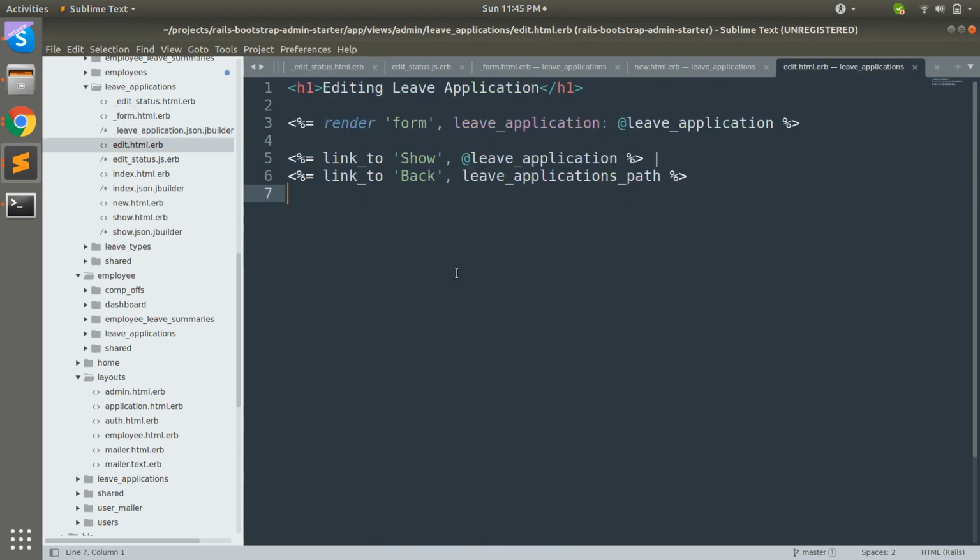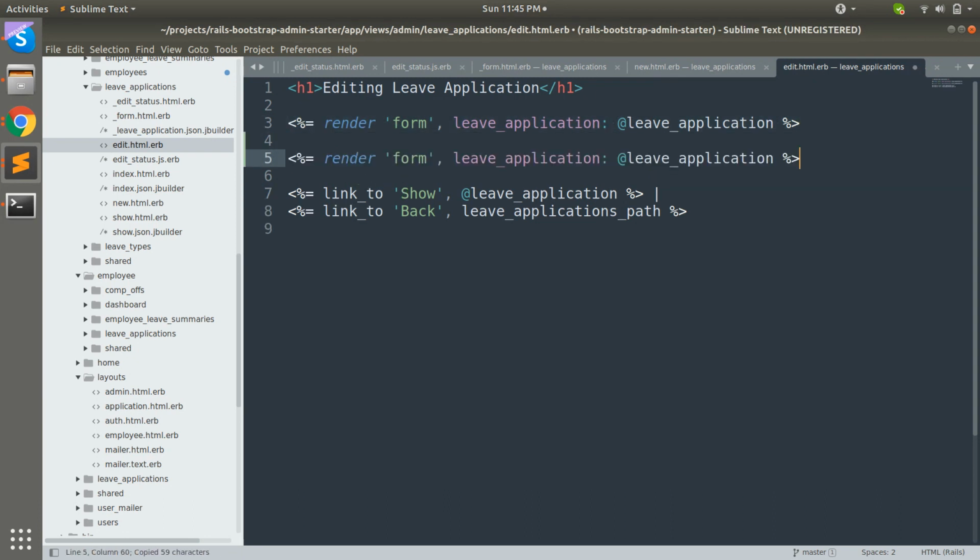This is the edit form. We are rendering this form partial like this. There is another way of rendering that partial, but that is not the preferable way. It is not generated by scaffold, but yes, definitely you can follow that syntax. You can use this one as well.